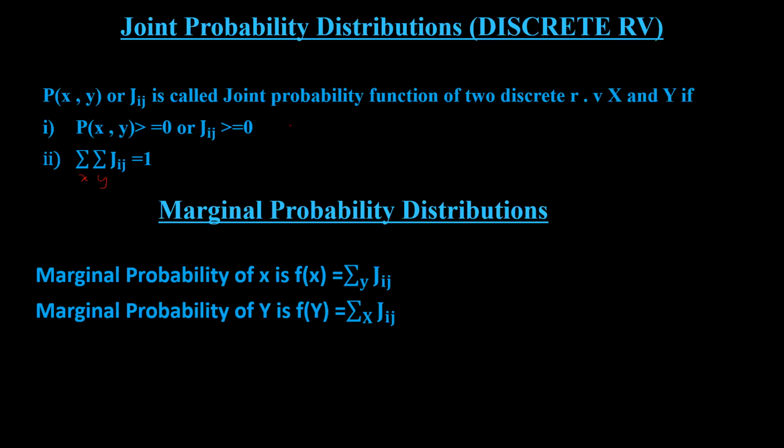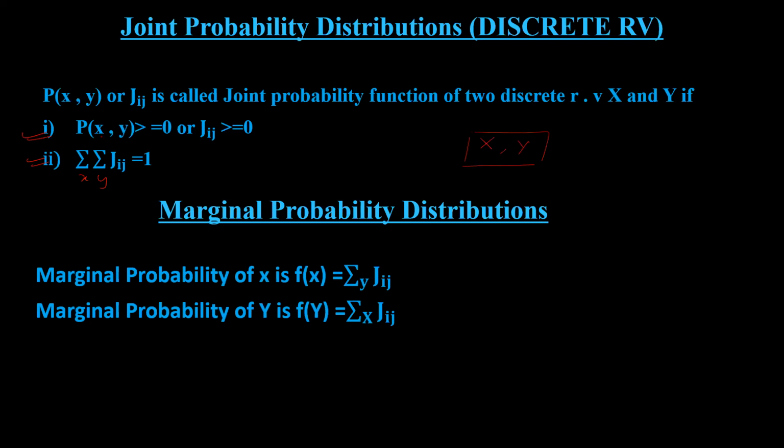So these two are the only points which you have to note. And the joint probability distribution is what? Till now we have only seen a single variable x or y. Now we are jointly working on two random variables, x and y. So jointly for two variables x and y, we call it joint probability distribution. This can be discrete, this can be continuous. So we can see both one by one.